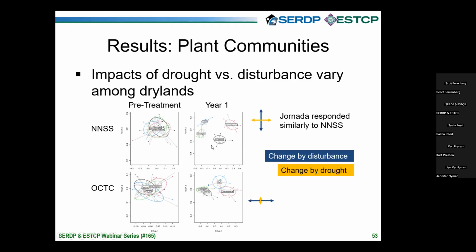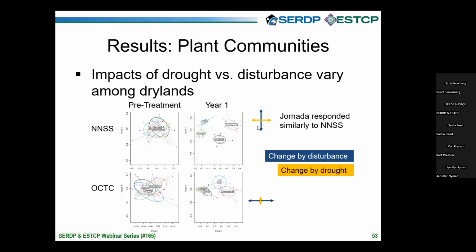What I have done, because this is noisy and hard to look at, is I have calculated where the means of these multivariate data sit, and I've scaled some lines so that you can just look at these symbols. These double-headed arrows tell you the change in multivariate means that are caused by disturbance versus drought, which is the yellow double-headed line. Now, this is not a very quantitative way of looking at it, but it gives us a general way of looking at this complicated data.